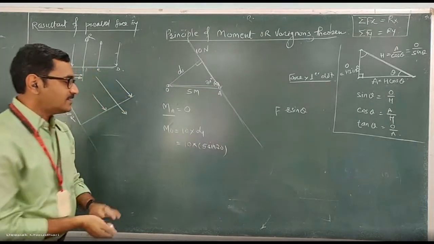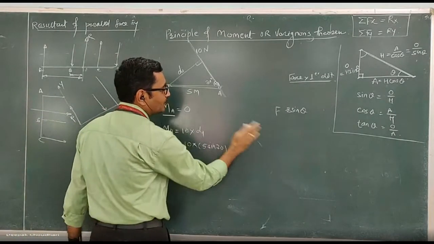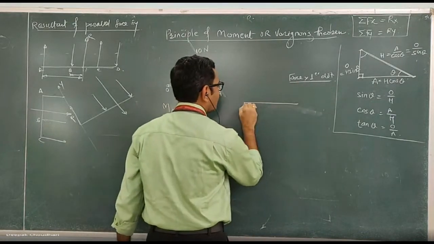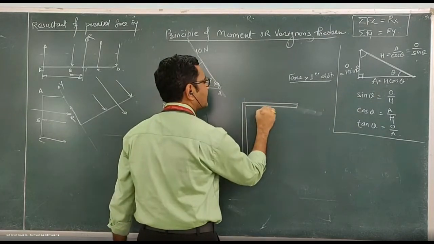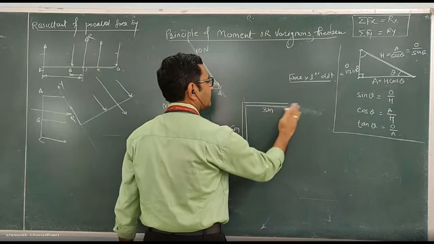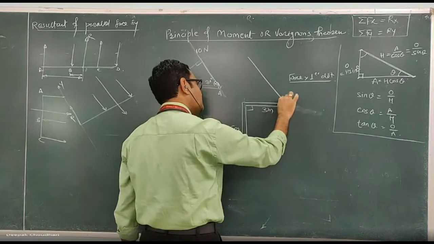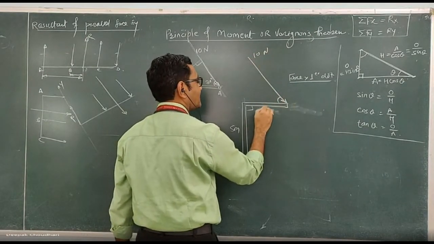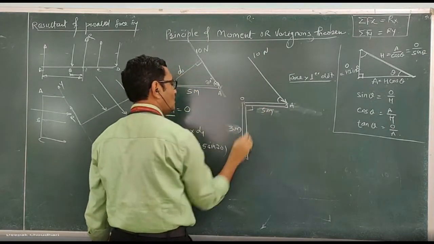Here this become the moment, this is the force, this is the perpendicular distance, right? So if the force is inclined like this you can do it, but every time it is a little bit difficult. Let's consider another case. Suppose such type of L shaped body is there. Let this is 3 meter, let this is 5 meter. These two arms are perpendicular and one force is acting like this, let it be again 10 Newton. Or I can consider this as a 5 meter and this as a 3 meter. Let this point is A, this point is O and let this point is B now.